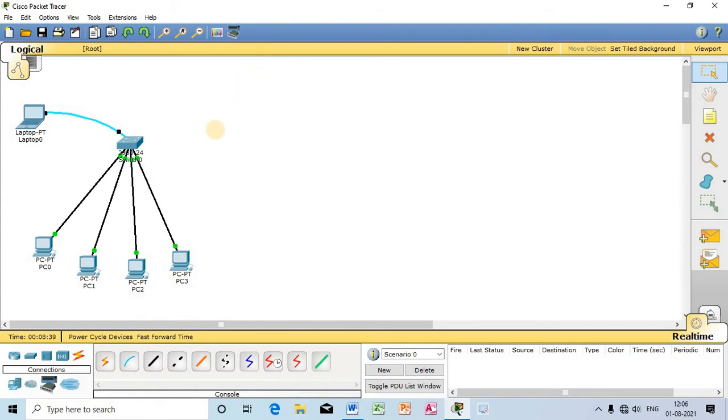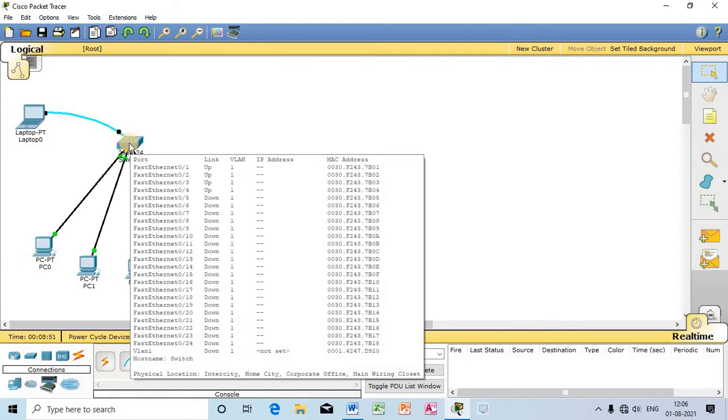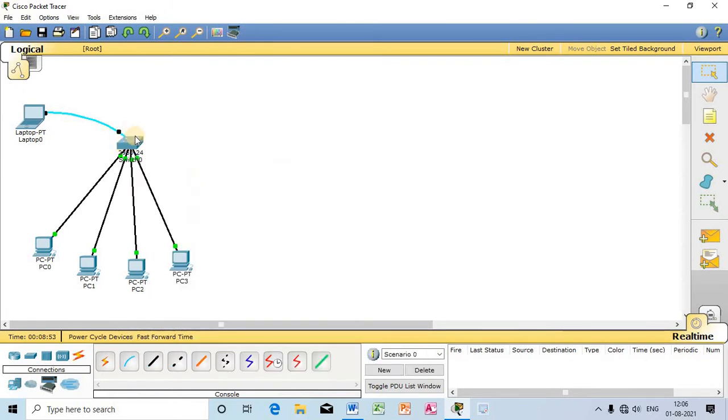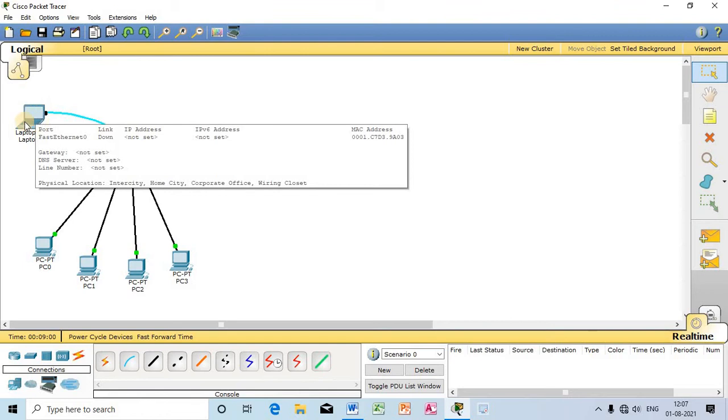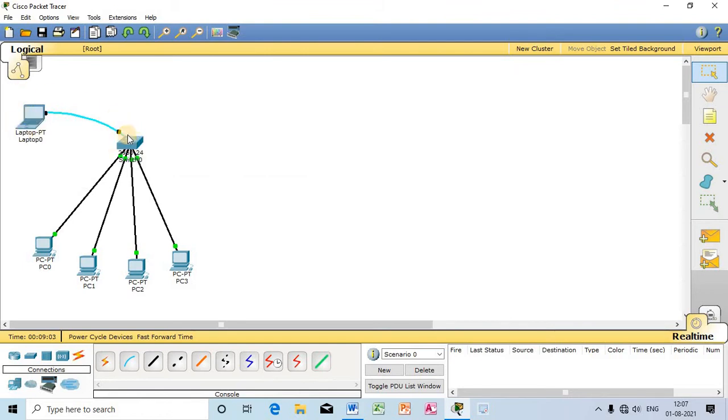Remember this thing. My purpose is to configure the internal hardware components of the interface of this particular switch. To do that, I need a screen to access all those hardware components, which I will be doing through the screen. So this is the screen. From this laptop screen, I will access the interface of this particular switch. That is why I have taken a console cable from the connection, and I have connected both the laptop and switch through the console port and RS232 port.